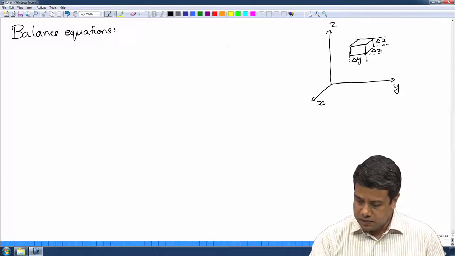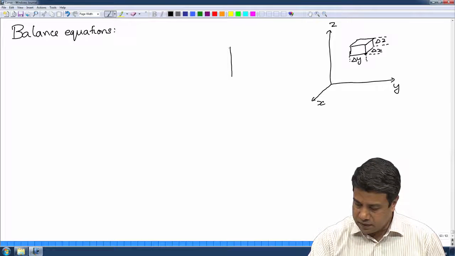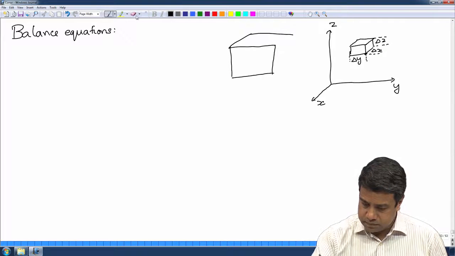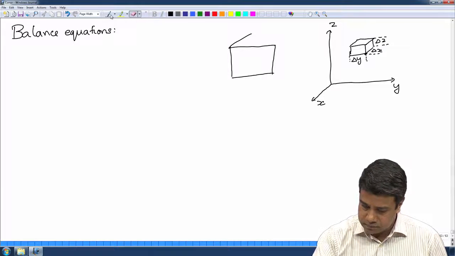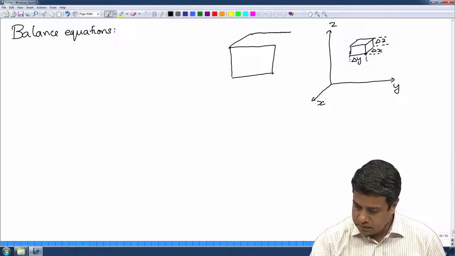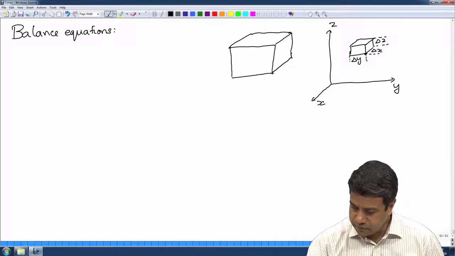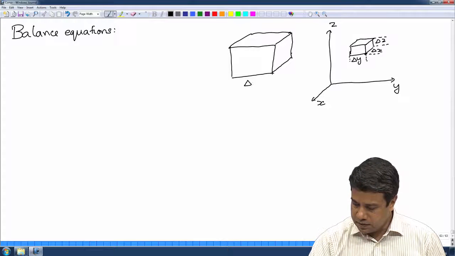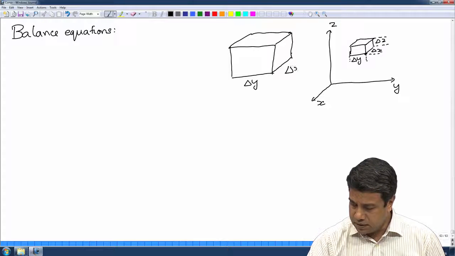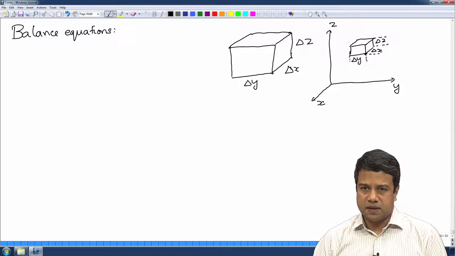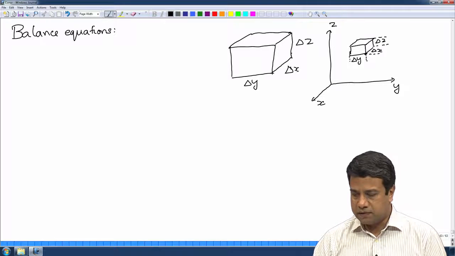I will increase it a little bit over here, just to amplify the volume. So, this is delta y, delta x and delta z. If I were to write the mass balance equation for this particular differential volume,